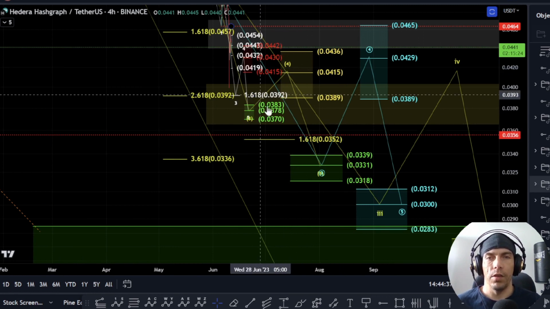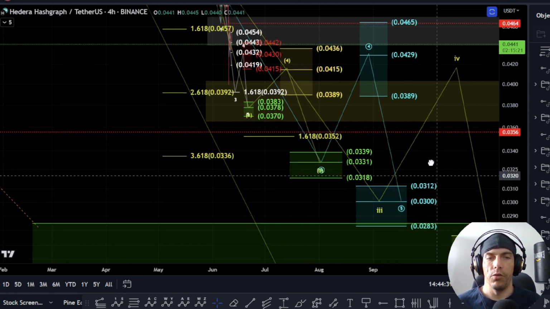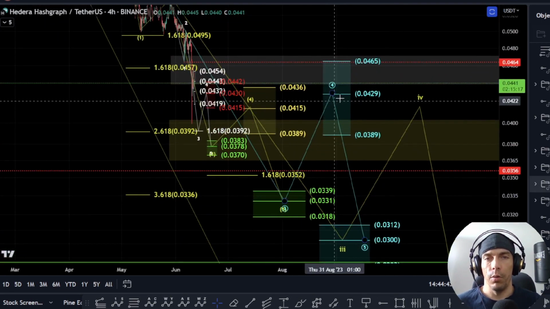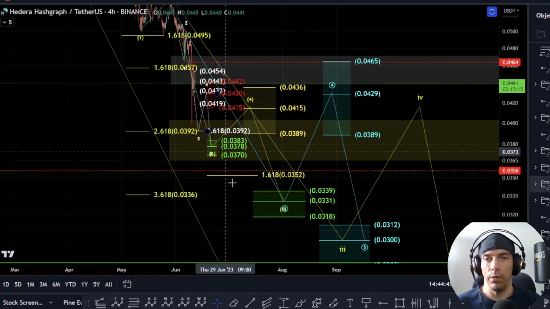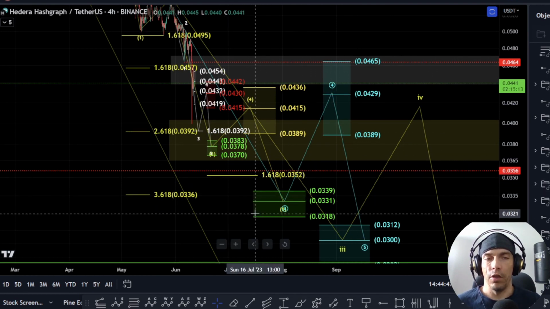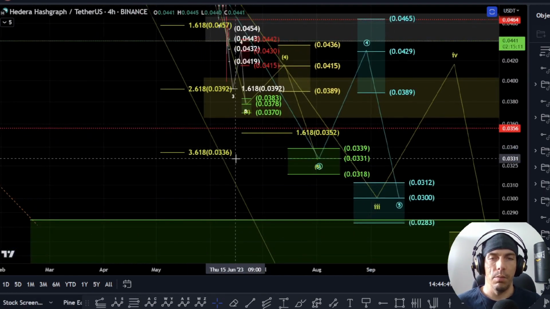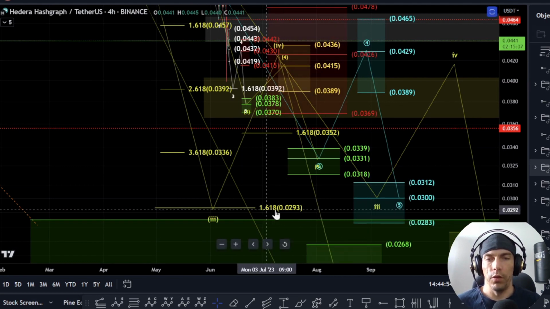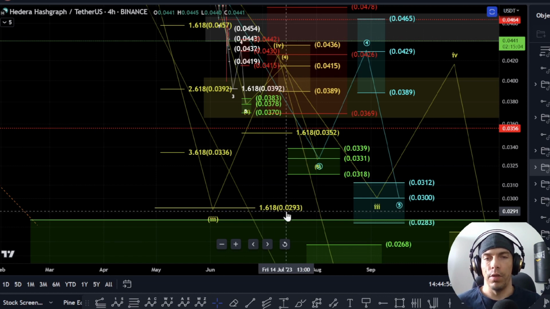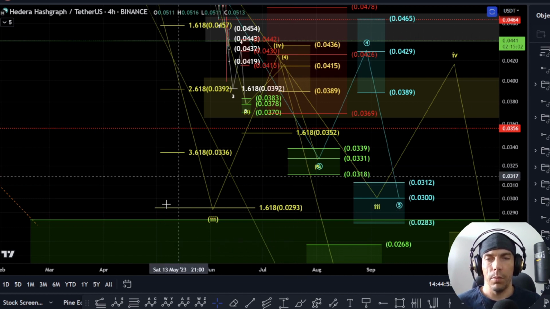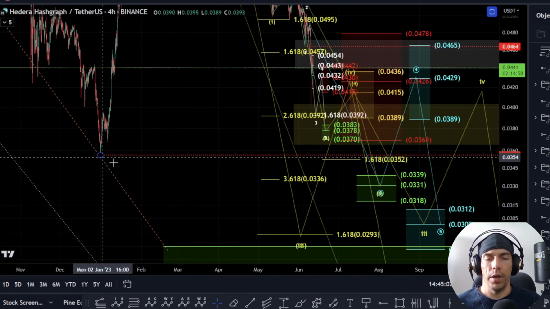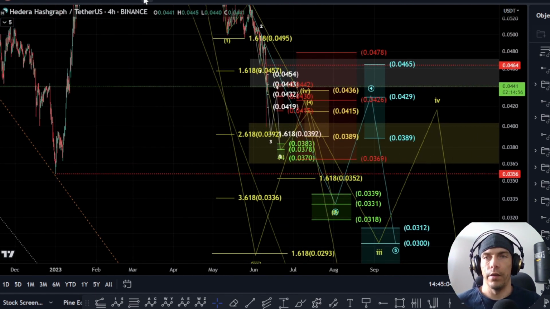So what we could actually see is some of these targets might get reduced, and where we're looking at this lower target here, over time we might get a shallower fourth wave, which means that our fifth wave is also shallower, and we actually look to complete it maybe towards this 3618 or closer down towards the zone of this 1618 over here, which would be the 0293. So that's going to be our key target for a confirmation of this. That would also look to break these lows, so I'm going to be keeping an eye on that as a potential